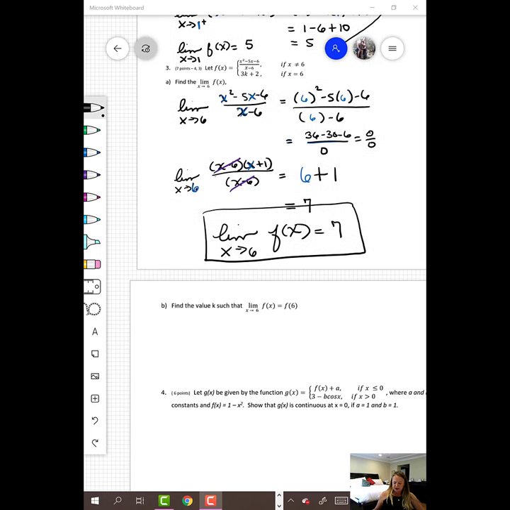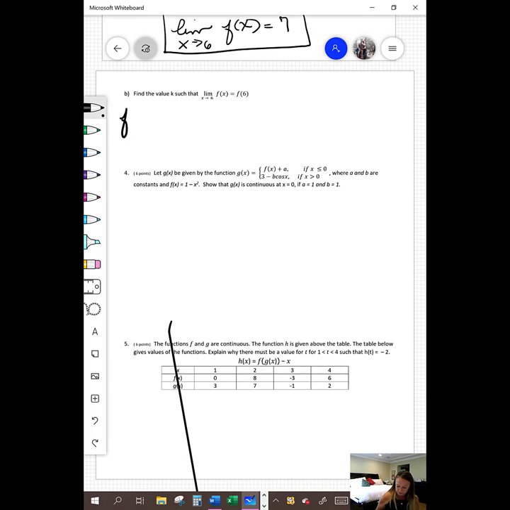Now part B tells us that we want to find the value of k such that the limit as x approaches 6 of f of x equals f of 6. Okay, well, we just found what the limit as x approaches 6 of f of x is. We found that that was 7. And if we go up here, we want to look at what f of 6 is. So if we look at f of 6,